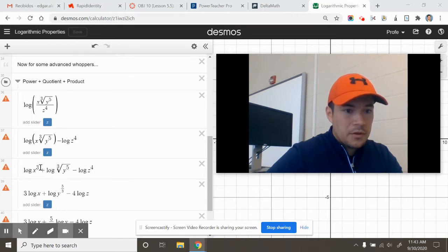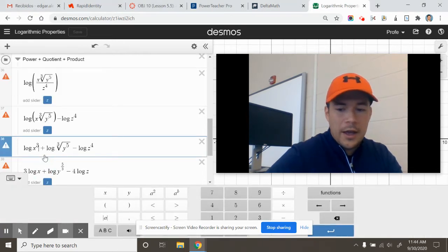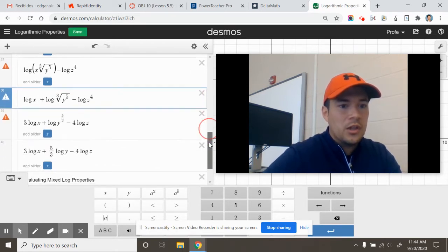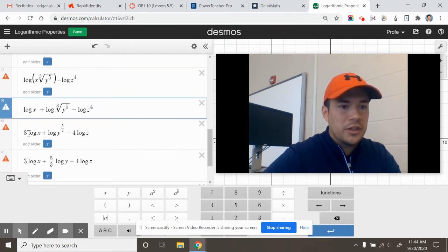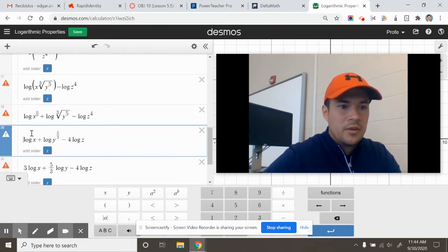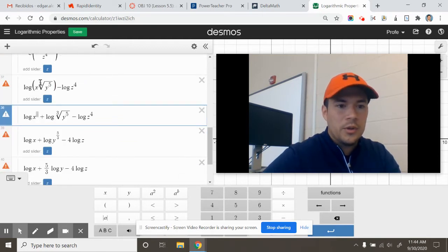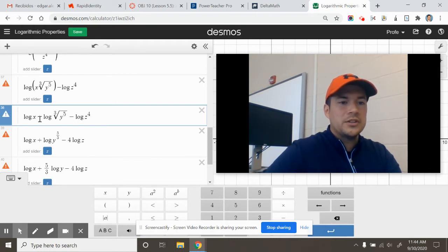Let's see, is that written correctly? No. So that's log of x. Excuse me. Log of x plus the log of the cube root of y to the fifth. All right, so I need to take out this 3. I made a mistake there in thinking that there was a 3 as an exponent, when there wasn't. Okay, so that's the log of x plus the log of the cube root of y to the fifth, minus log of z